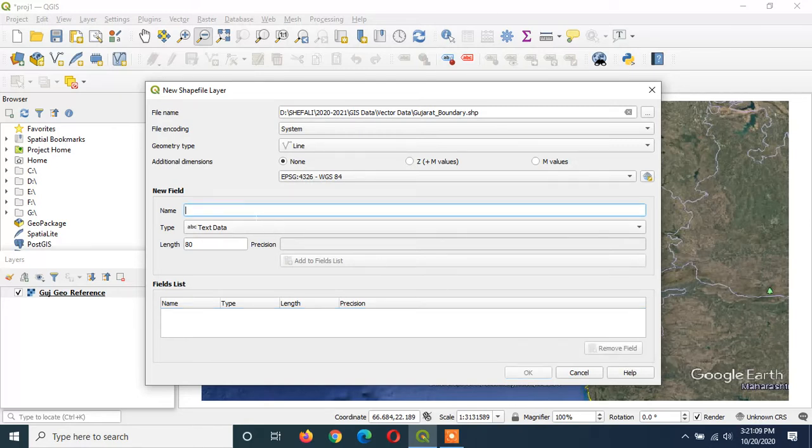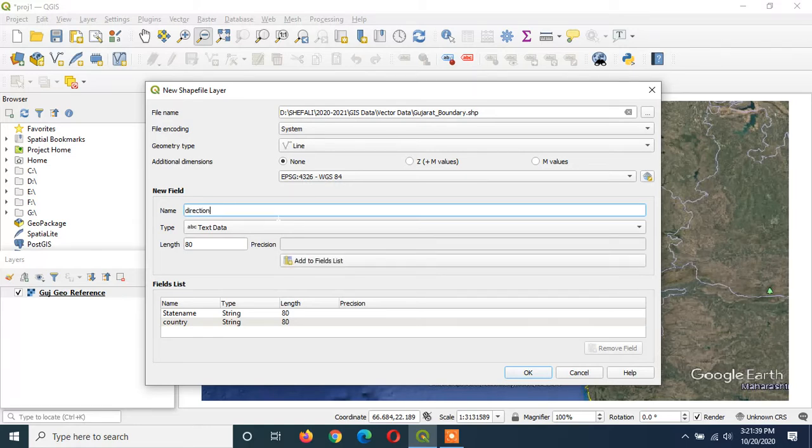but I am removing it and I am adding my own field, which is state name. Data type is text, length is 80, and click on add fields list. And second field is country, adding this field also.